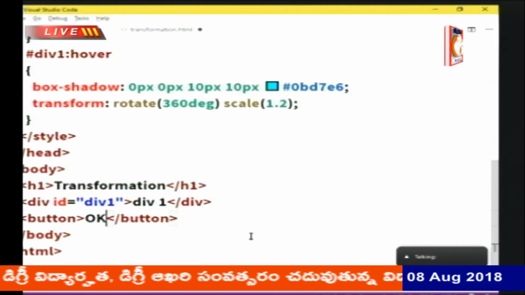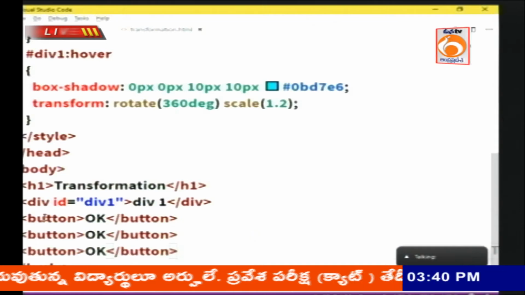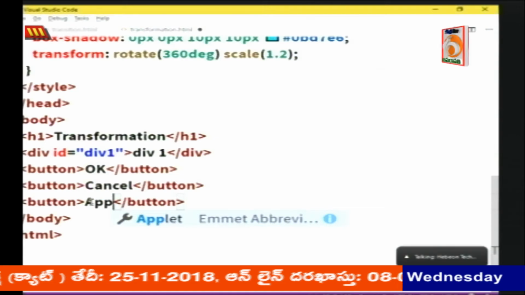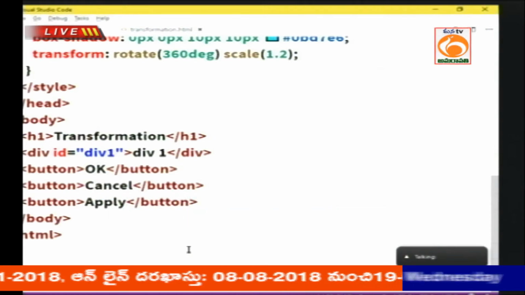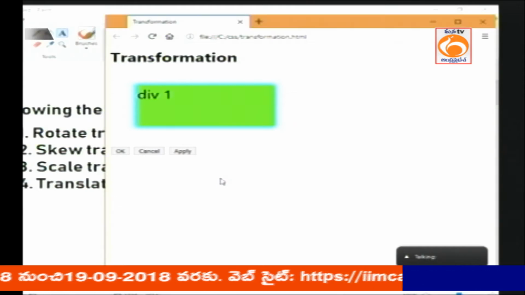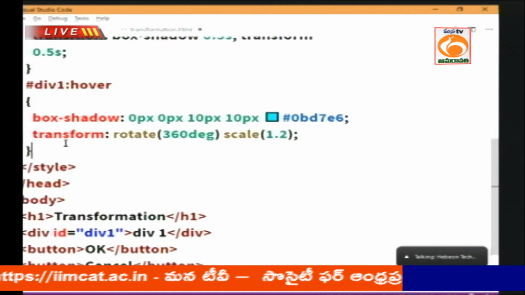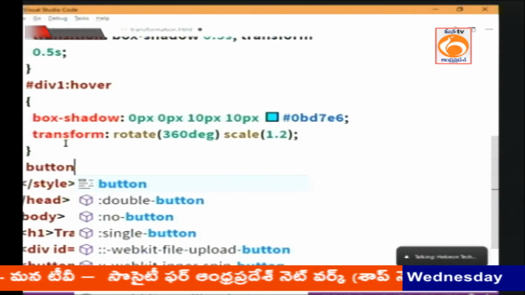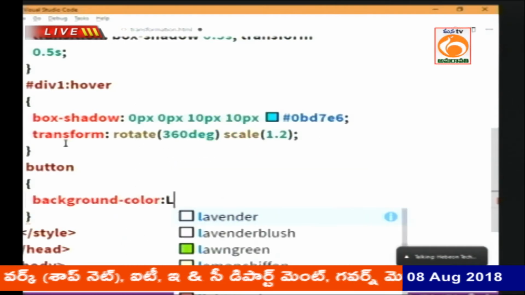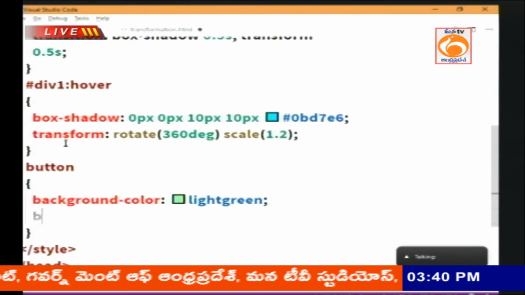So we have OK, cancel, apply, this type of buttons. Some sort of buttons we have. Right. Now for these buttons, I would like to apply some style. So for the button, first we are going to apply the background color. And also box shadow,